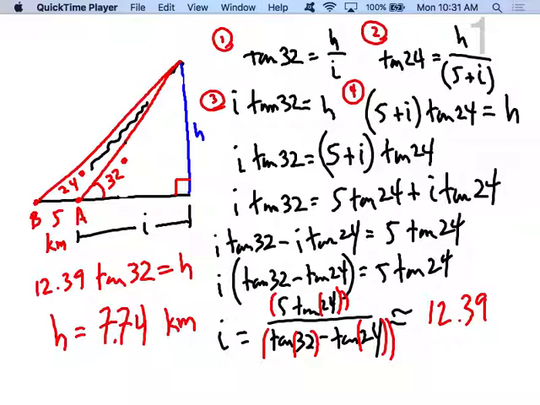Somewhat reasonable, I guess. I don't know how big a mountain is. Plus, we made these numbers up. And we dabbled in this already about what answers don't make sense. Does it verify what we already knew, that h would be smaller than I? Yeah, because I is 12.39. H is less than that. Yeah, so we're good. We talked already about negative answers being bad. 300 kilometers would be bad. I'm not real good about mountains, but 300 kilometers would be a little bit tall. So 7.74 is about